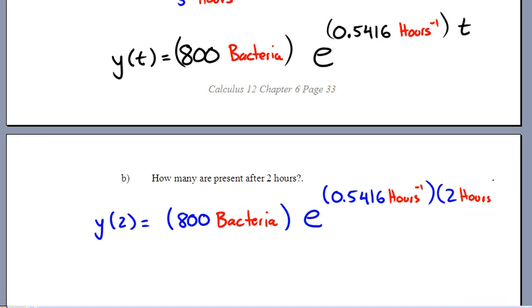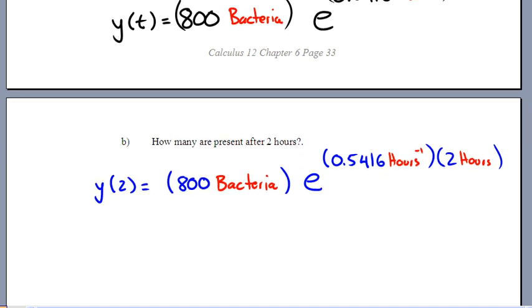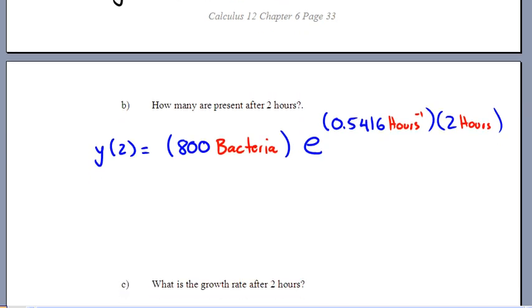And so the word hours cancels, right? You've got hours and upside down hours, that's gone. And all you have to do is take 0.5416, multiply it by 2, and then you go e to that. And then finally you multiply by 800. And the answer for how many bacteria there are 2 hours later, it's around